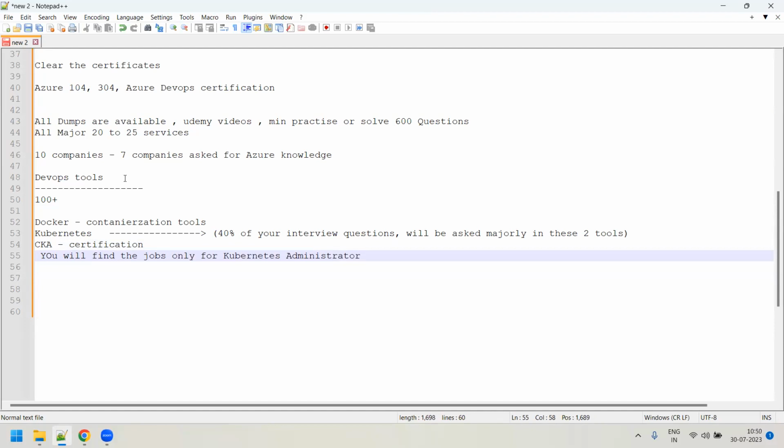You will see in any kind of job portal website, let it be Naukri or anywhere, they will particularly ask whether you have a working knowledge of Kubernetes administration. Do you have a certification of CKA or CKS, whatever? Do you have the knowledge? Do you have certification? That means they're narrowing down everything. They'll say, okay, remove all those things, I don't want any other tools, I want only Kubernetes. Do you have the knowledge? That much of requirement will come now.